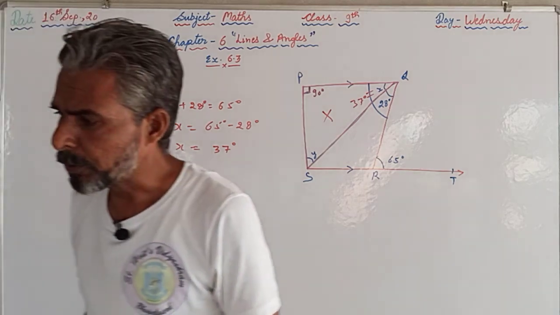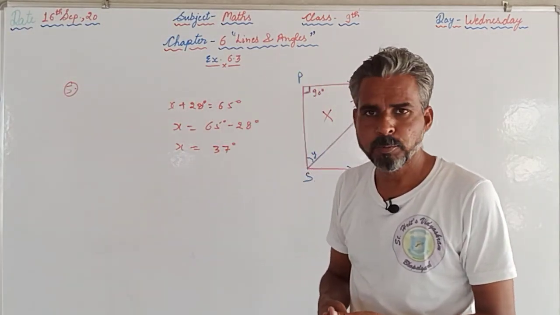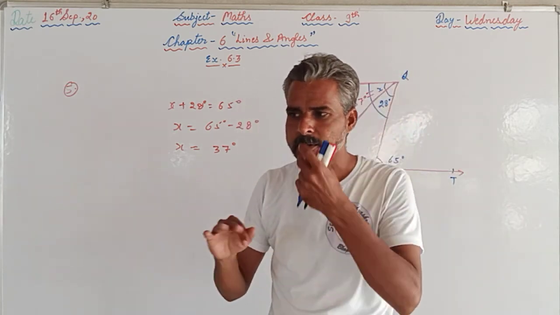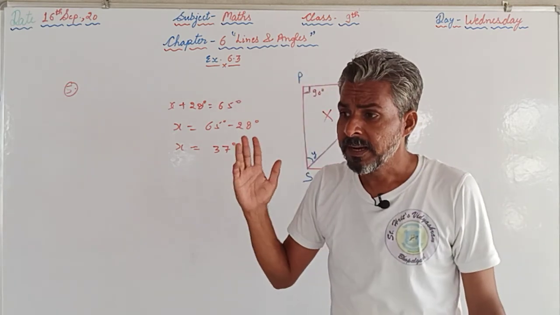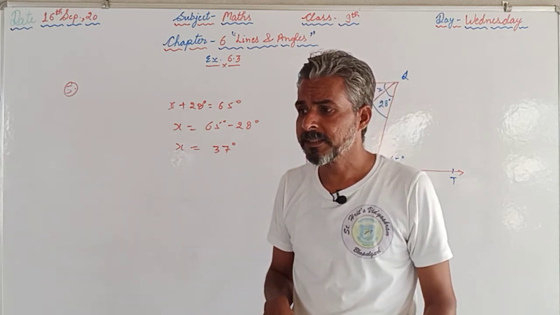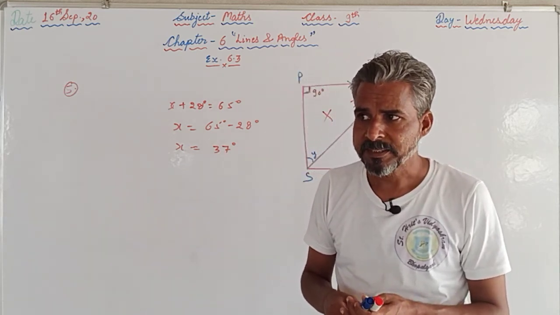First of all, you are supposed to repeat the question number 4, and I hope that you have completed up to question number 3. Then you are supposed to proceed the question number 5. At the same time, one more question is remaining there, so you should try that question as well.